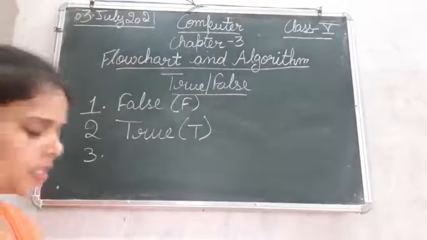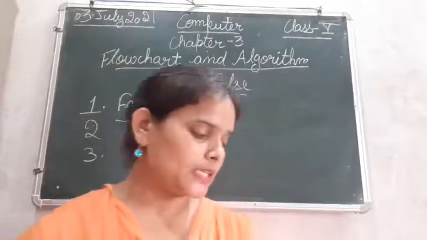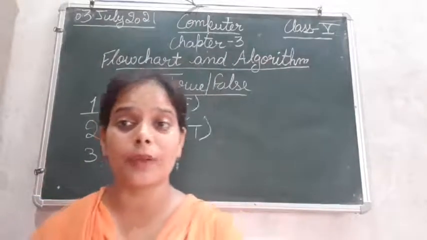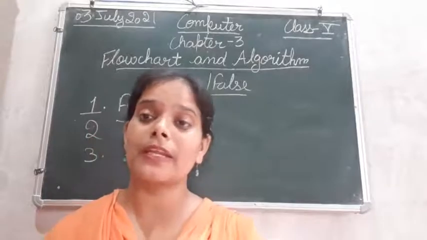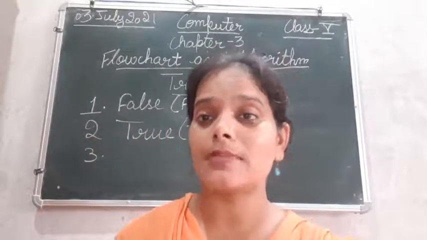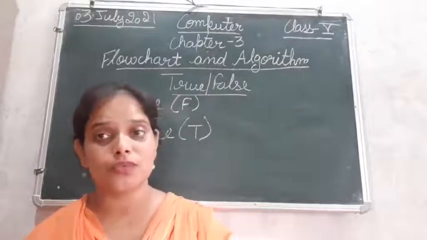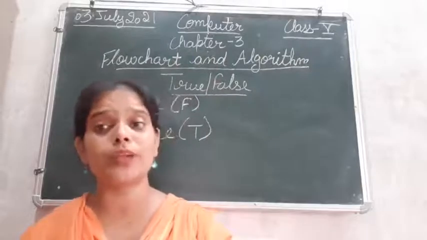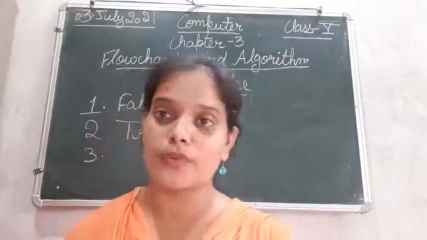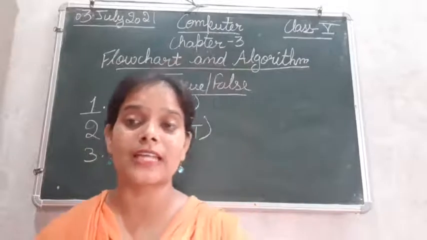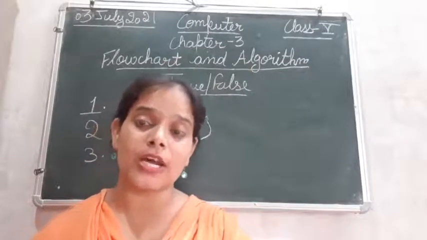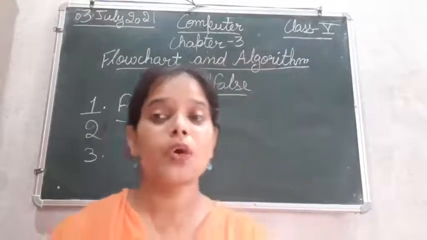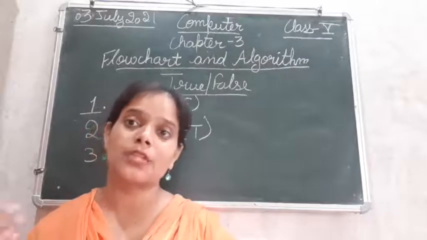Clear? चलिए. Third one. This is the flowchart helps in finding out errors. जो flowchart है वो हमें help करता है हमारी errors, कोई भी हमारी गलतियाँ जो होती हैं. Okay, so it helps us in finding out errors. Is it true or false? This is completely true. देखिए अगर आपको याद होगा, so when we were doing the advantages of flowchart, what are the advantages of flowcharts? In that I have told you that a flowchart helps in finding out errors. तो किसी भी तरह की कोई गलती होती है, okay, that can be analyzed with the help of flowcharts.